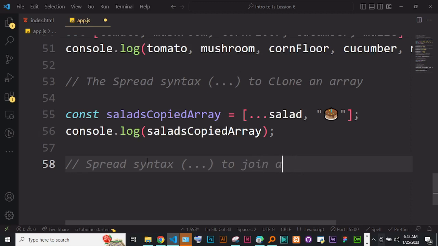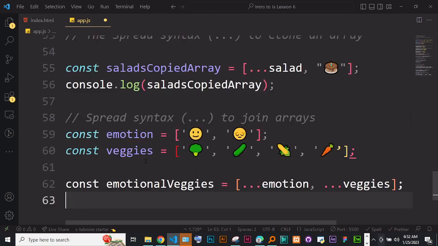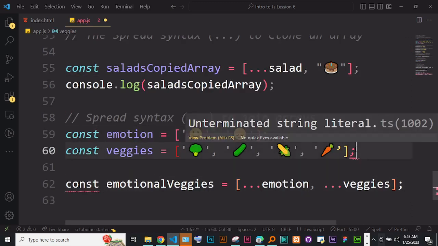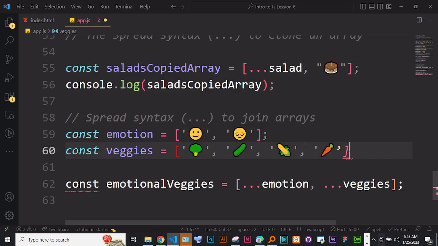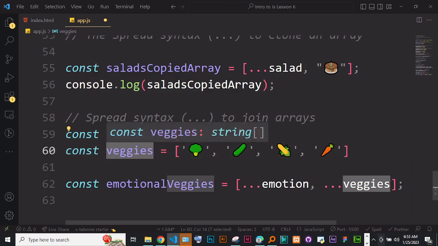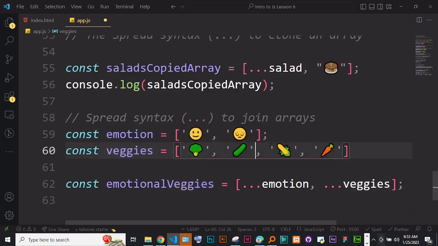I think to join arrays like so. So we can just have, for instance, here const emotion. Let me first see this one here. So you have the emotions, which has this smiling guy and the sad guy here, and then we have the veggies, which has some vegetables: corn, maize, and carrot. Okay,